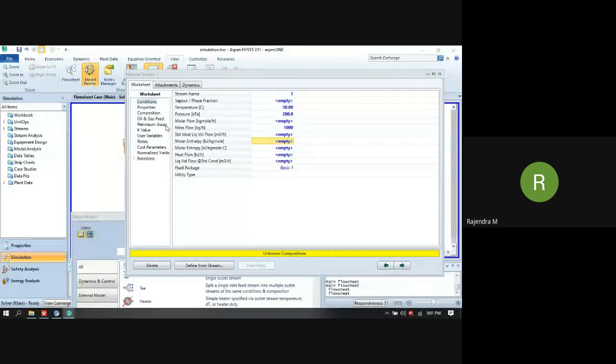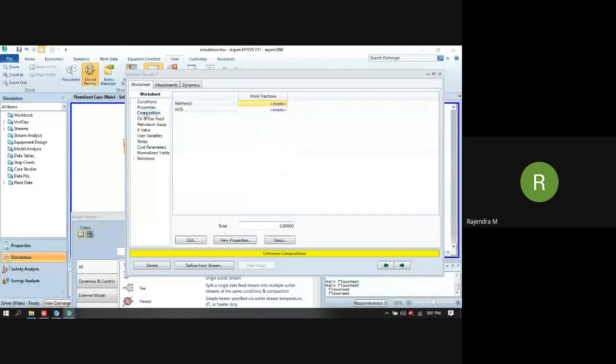In order to provide the composition, I have to move to this composition tab on the left hand side. So open the composition. By default, we have the mole fraction data that should be provided. But we can provide it in terms of other bases.